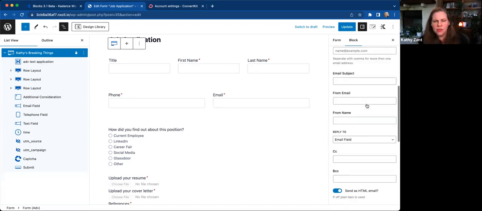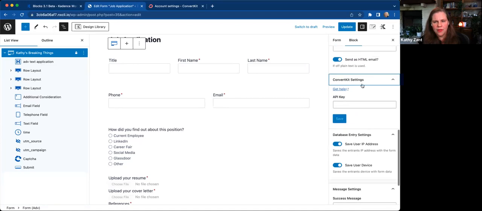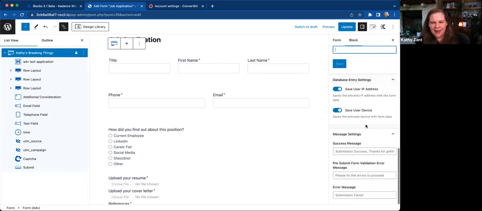ConvertKit settings: if you select ConvertKit, this option will then show up for you, and you just need to go into ConvertKit and put in your API key. And then of course, test it, make sure that that is working. And then your message settings, success message. While we do have some messages here that will help your users understand whether or not their form was successful or not, it's really important that you customize these and really think through the user experience, making sure you have a good success message,